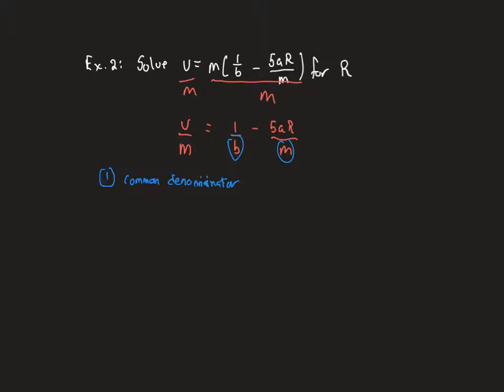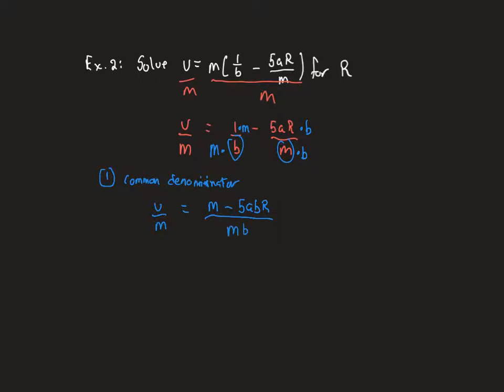This one's B, this one's M, so what are they missing? This one's missing an M. And this one's missing a B. Which is going to turn this into V over M is equal to M minus 5ABR over